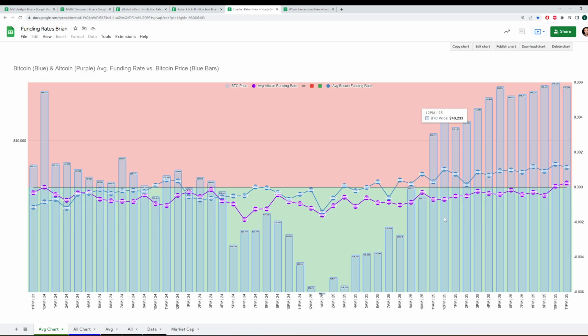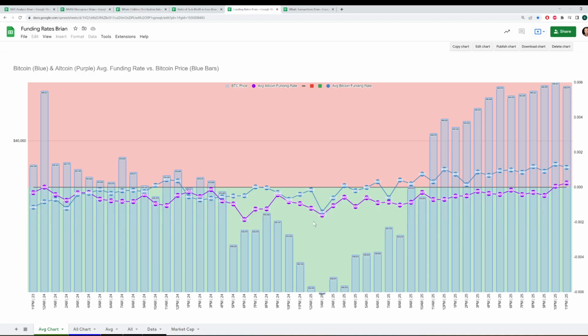Vice versa, now we're starting to see Bitcoin's funding rate on various exchanges start to get pretty high. So that's a bit of a concern because there's a little euphoria happening. Meanwhile, these purple dots show the average altcoin funding rate across different exchanges. And when they get low, that's a good sign that altcoins may rise because there's too many people